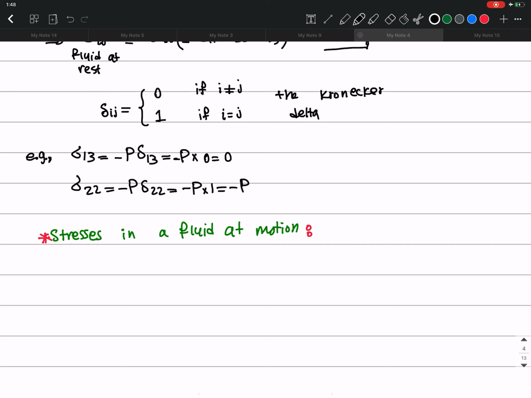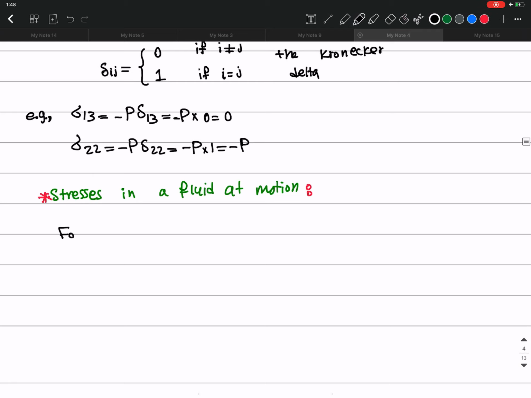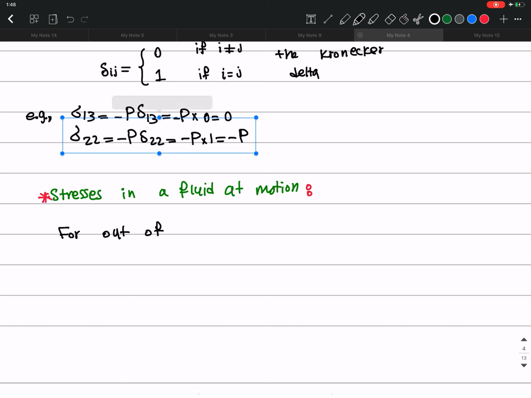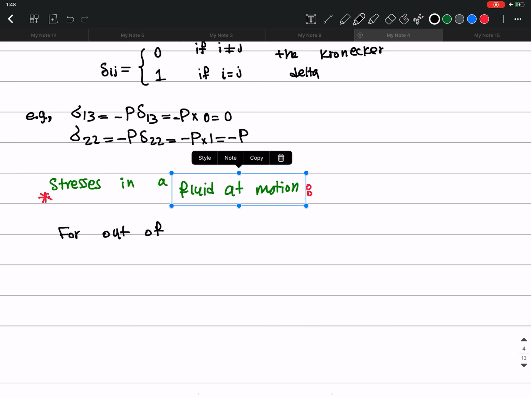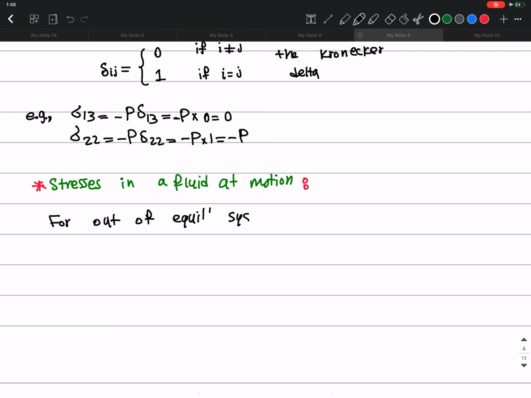So for out of equilibrium systems, that is fluid motions, we have